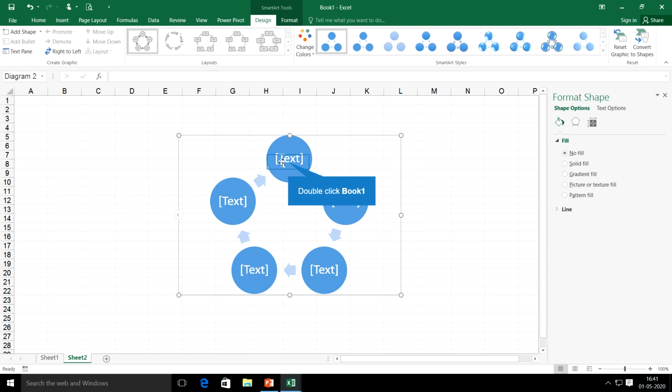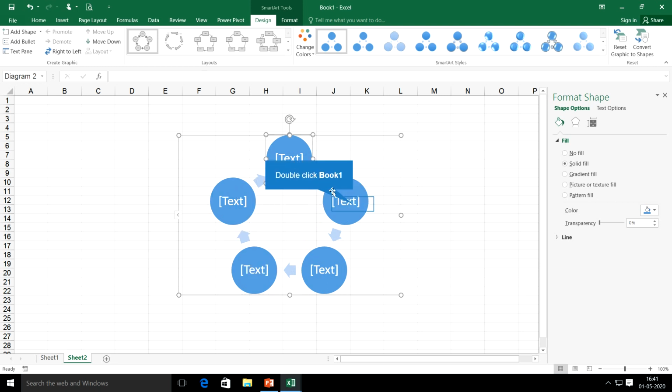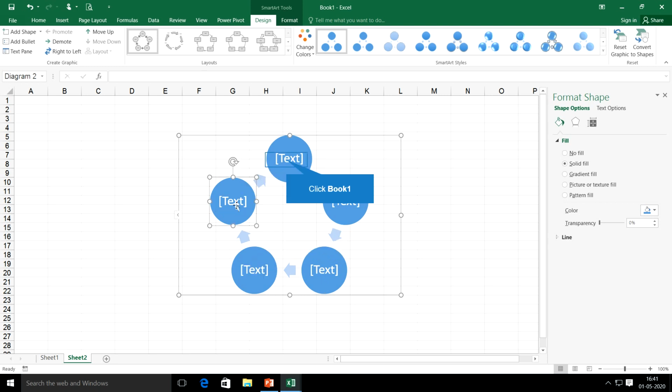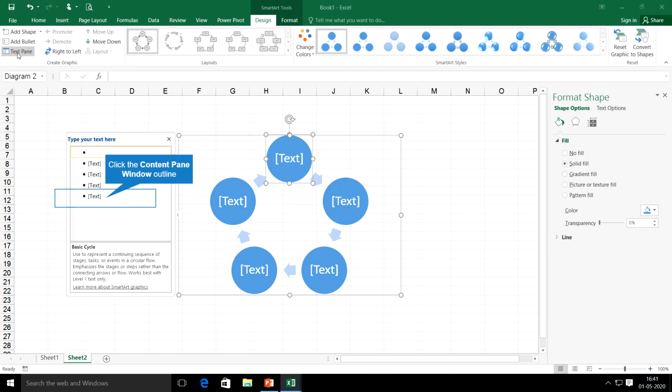Okay, so we can remove this text, and we can bring in the text whatever we want to insert here. So for example, we will be discussing the life cycle of a particular product, or life cycle of a particular element, life cycle of an animal, or the process of doing work. So that can be inserted here. Okay, so how do I insert the text here? Either I can directly insert it here, or on the top left corner I have this text pane. By clicking on this text pane, I can see these options, right?